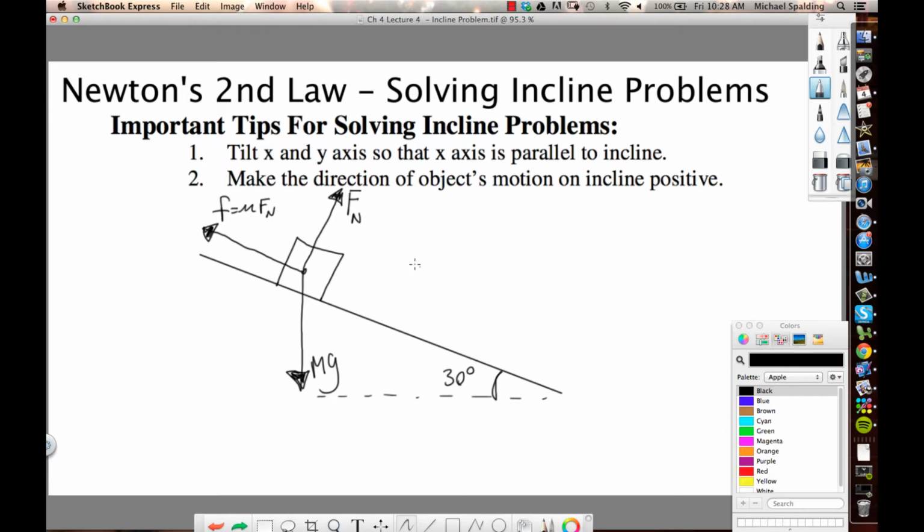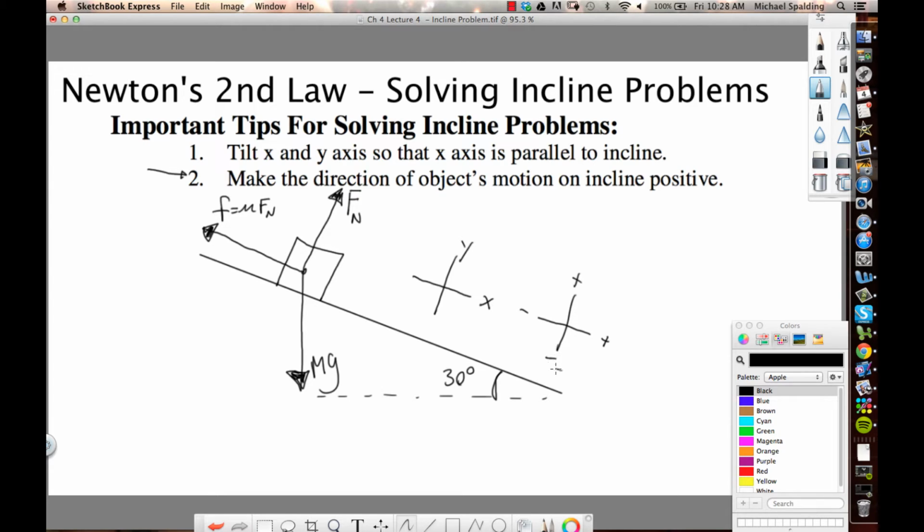Okay? Now, let's put in the xy axis. We're going to tilt the xy. So here's the x. Here's the y. And then let's also put in sign convention. See what I put here at number 2? For number 2, it's always nice to make the object's motion positive. So if the block is going down the hill, then make down the hill plus, up the hill minus, like